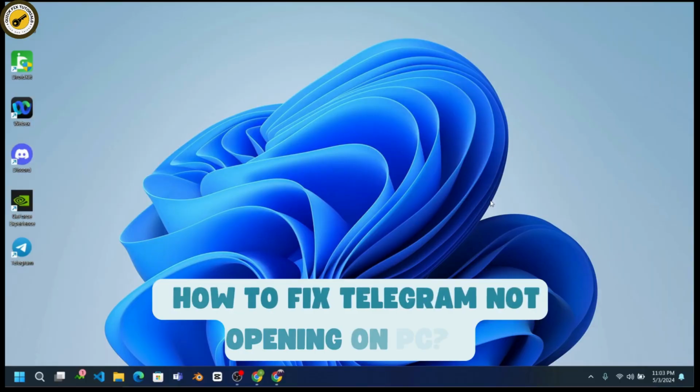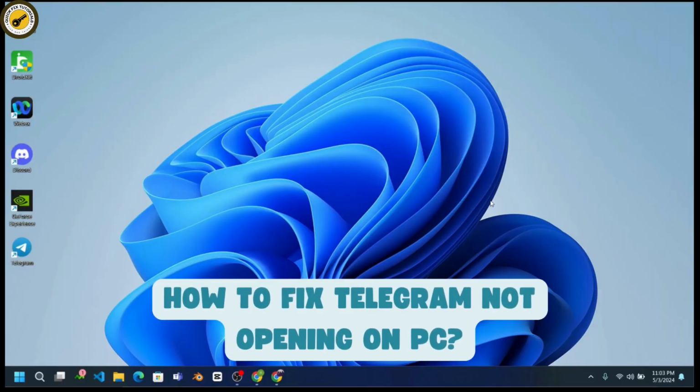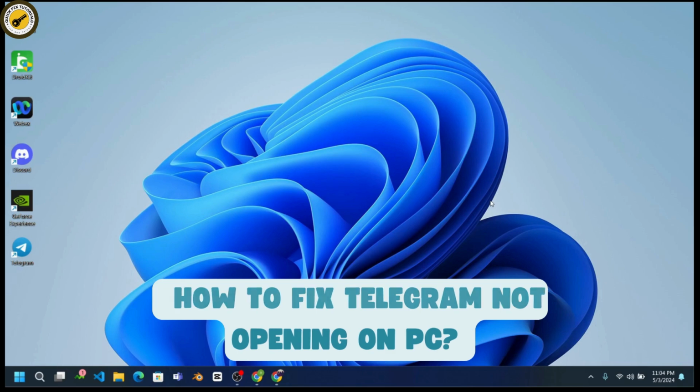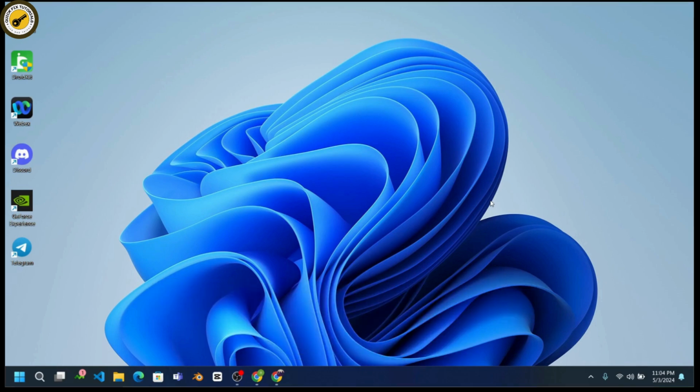How to fix Telegram not opening on PC. So if you're facing a problem with the opening of Telegram on PC, then what you need to do is